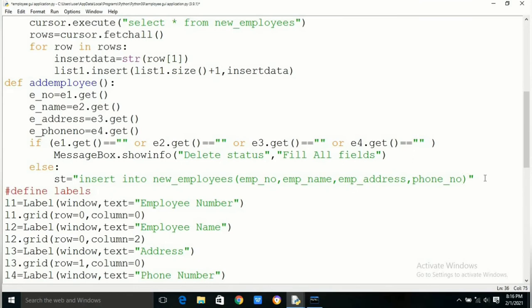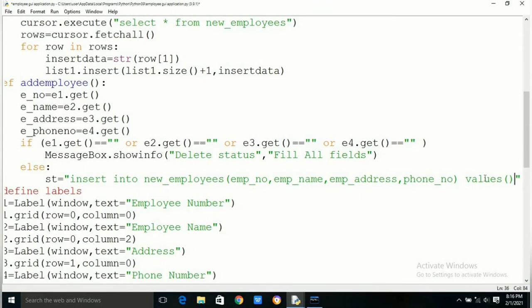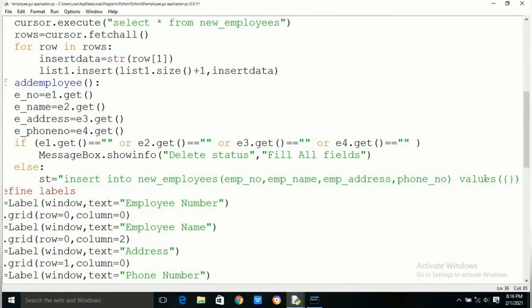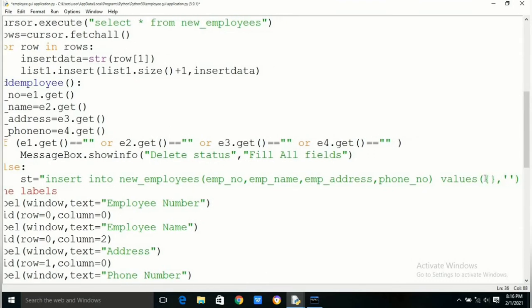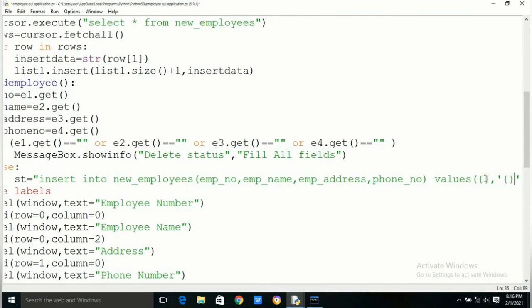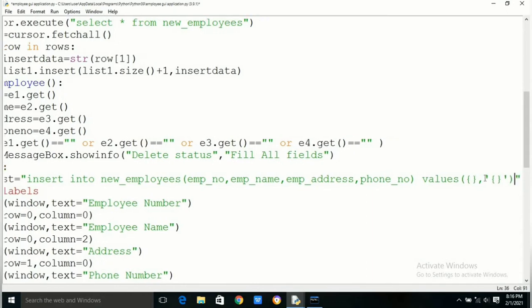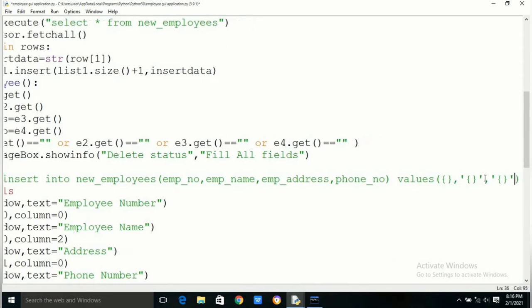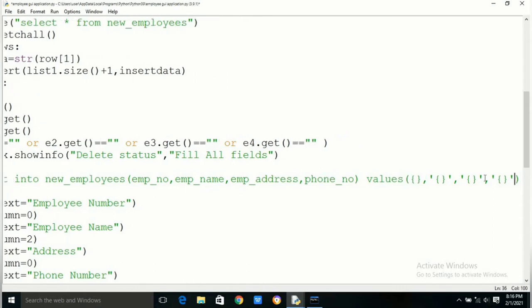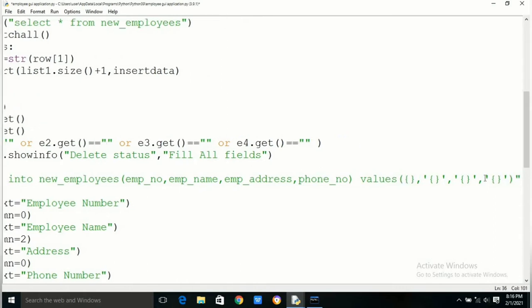For this we have to write st is equal to insert into table name, then within brackets all the field names, values, then within brackets curly braces for integers and curly braces with single quotes for string values.